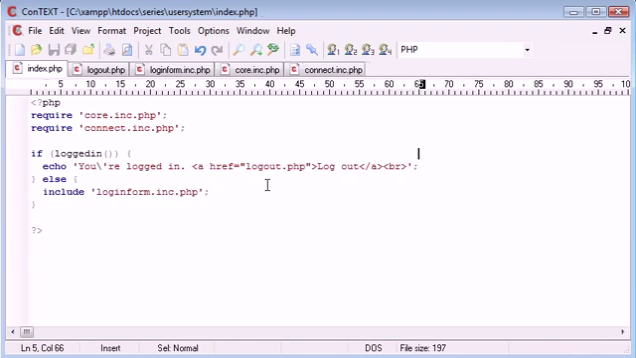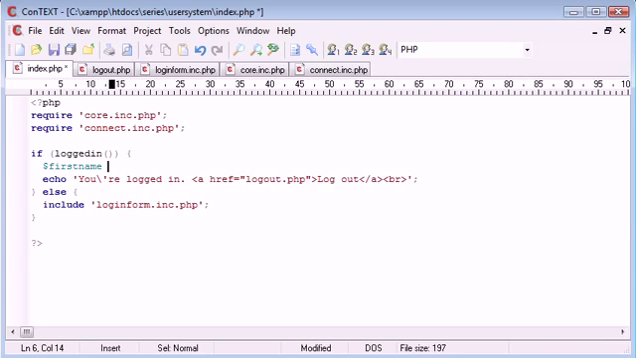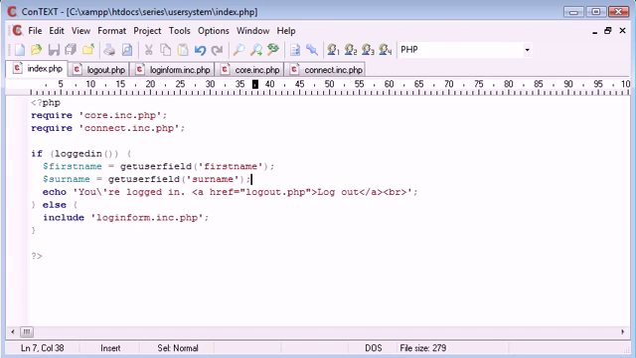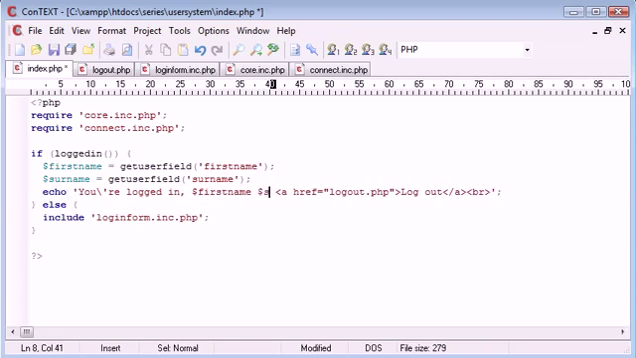What we can now do is, if logged in, we can say first name is equal to get user field first name. Then we can say surname is equal to get user field surname, and then we can incorporate these inside of this sentence. So you're logged in, first name, surname. Oh, remember we're using single quotation marks, so we need to escape that for first name, and